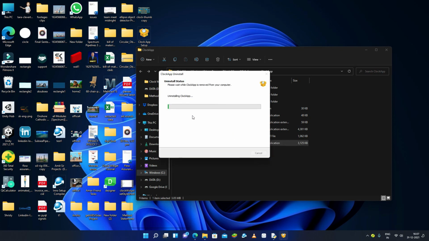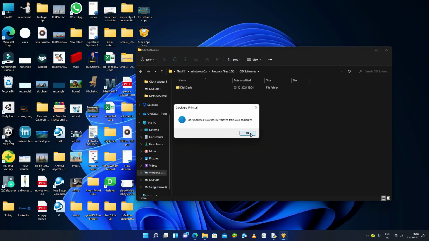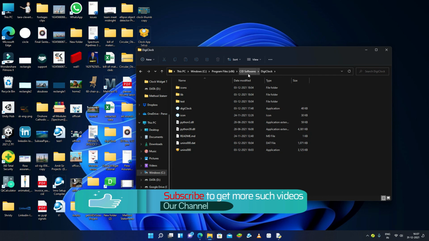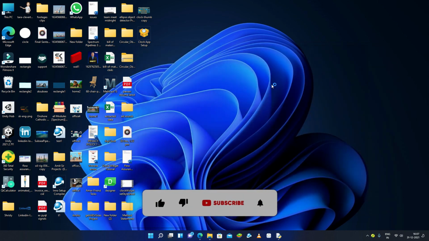Let me click on yes, and it is uninstalling everything. It is uninstalled, and you will see that only my default DigiClock which I installed earlier remains. This is my current directory, and I can open it.